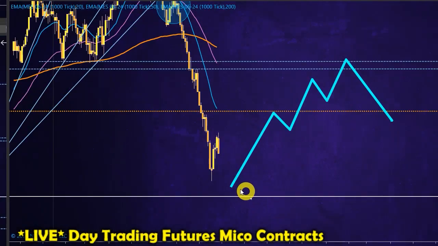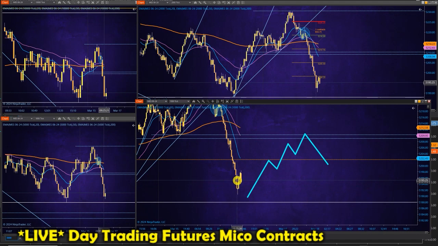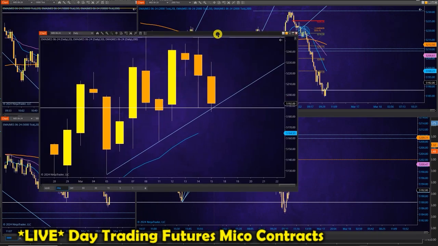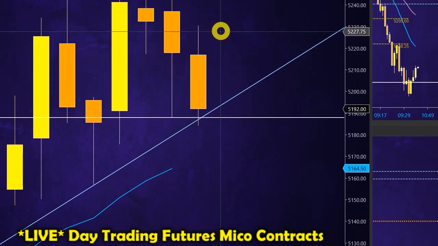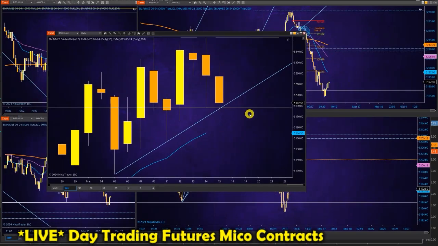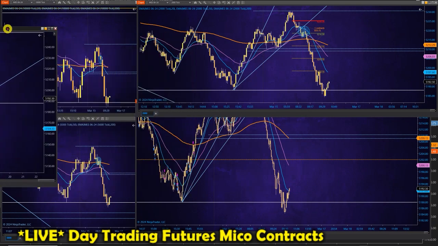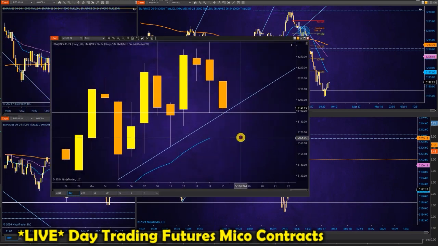Get away from this line at the bottom here. Okay, so that's what we're looking at. Is there a possibility to take a bounce off this trend line and not use the moving average strategy? Yes, there is. For other strategies, this will be a perfect opportunity to catch some kind of trend line bounce